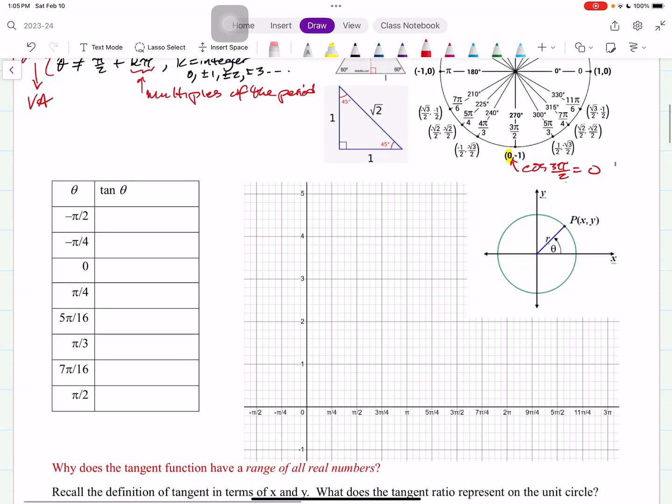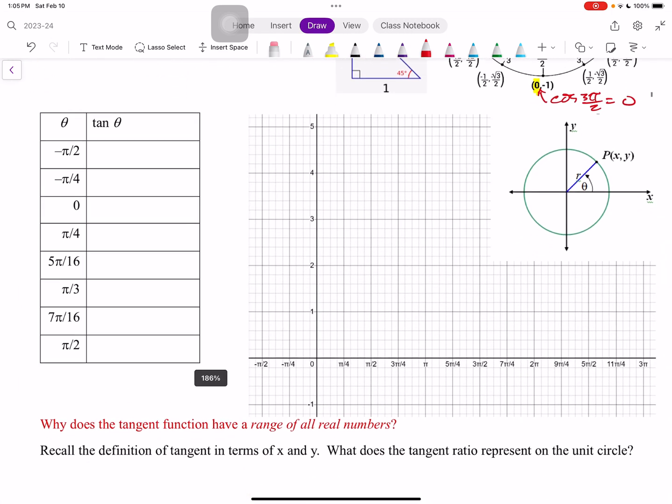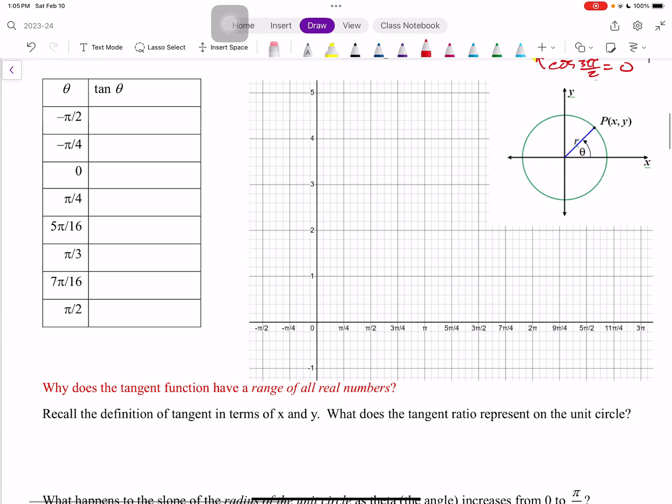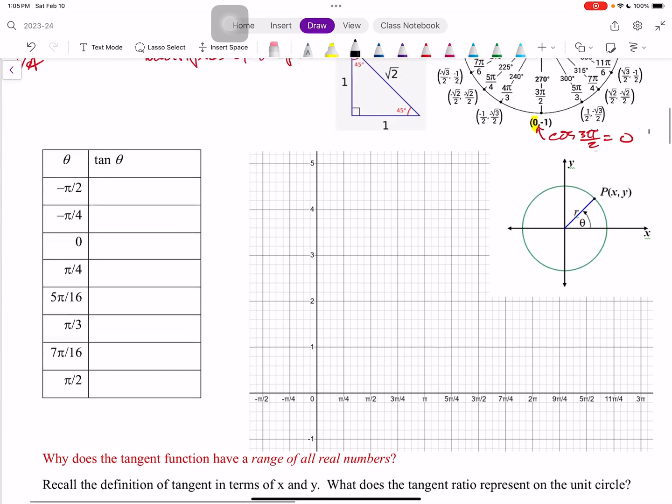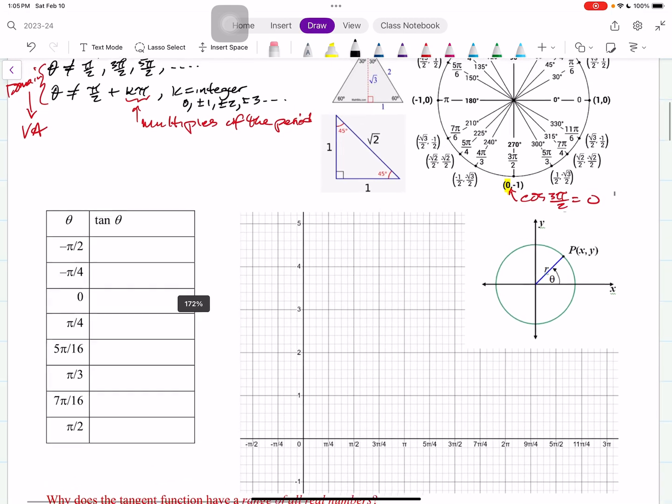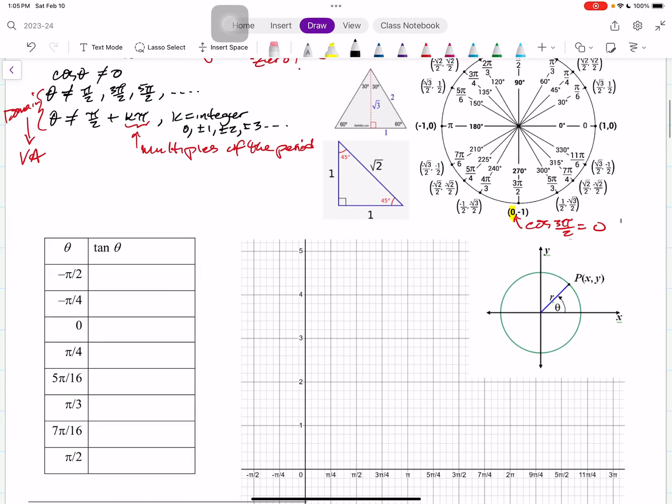Now to get an idea of the parent function, let's go back to basics, as we did at the beginning of trig. Instead of just going straight to Desmos, we evaluate a little bit and then back everything up with Desmos. I'm going to connect the unit circle with what we're doing, just so you can see what's going on. And remember, tangent theta is defined to be sine theta